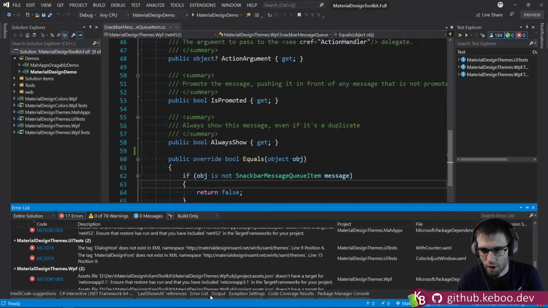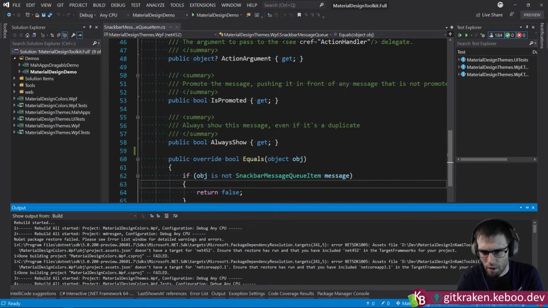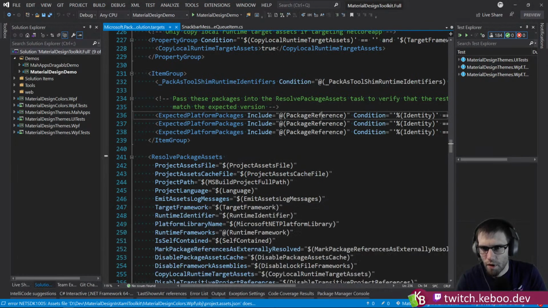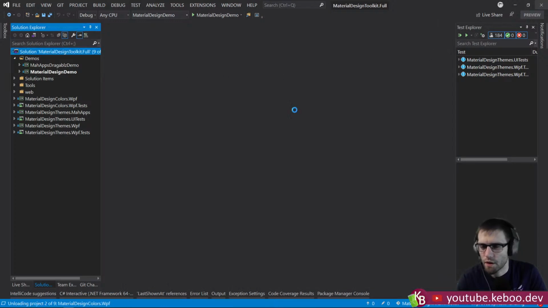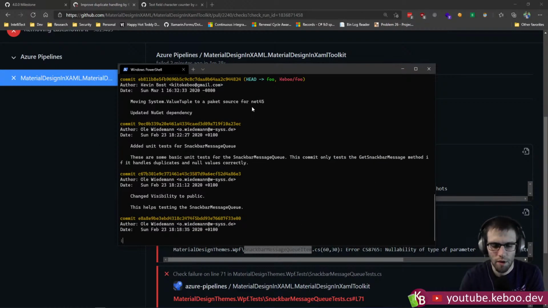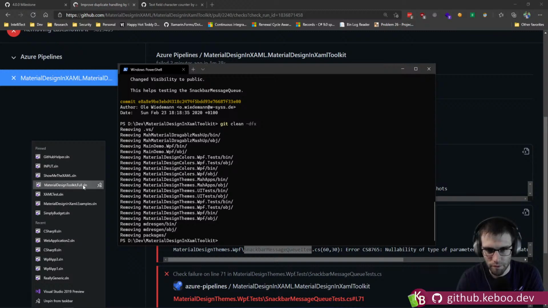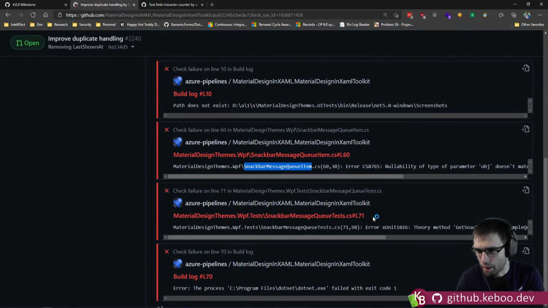What is the actual error? Package. What? I'm sorry, what? You were just building a moment ago. Let's try this again. Close, and more importantly, let's try this. Git clean dfx, which is a great way to lose work, by the way. But given that I don't have any pending changes and I've pushed everything, I believe I just need to change